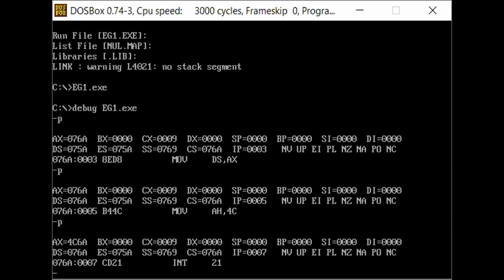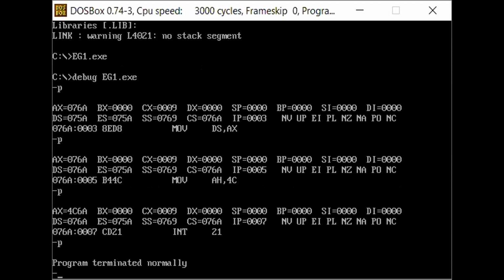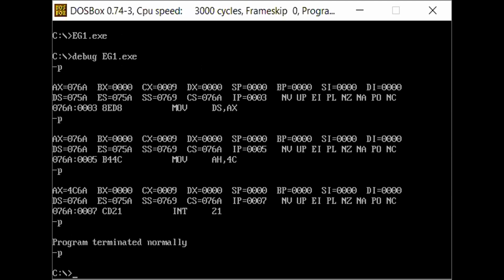Then the interrupt routine is going to be executed. When that interrupt routine is executed, we come out from the program. The program is terminated normally. This is the basic structure of any 8086 program. Suppose if you want to do programs using the MASM assembler, this is the basic structure. I think you are able to understand the purpose of this simple program, right?